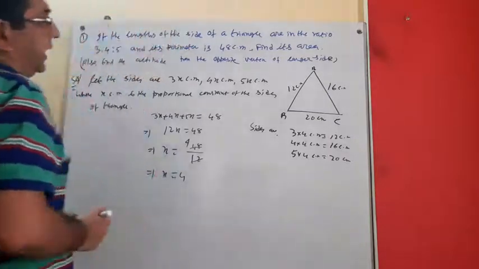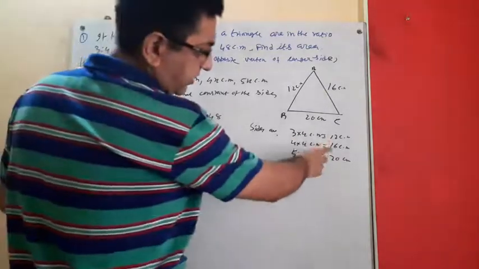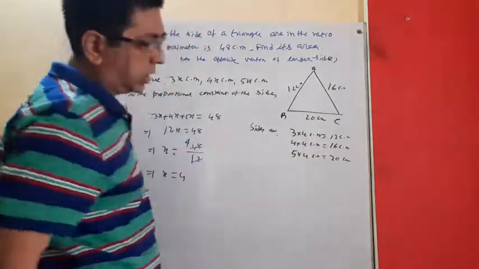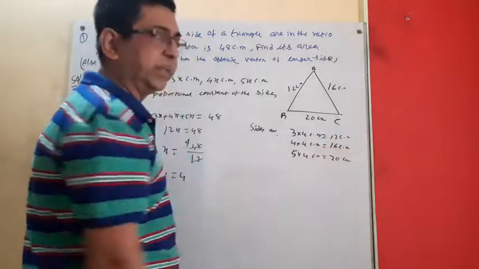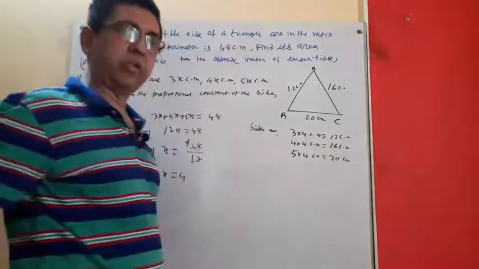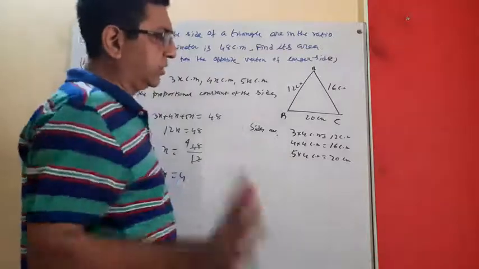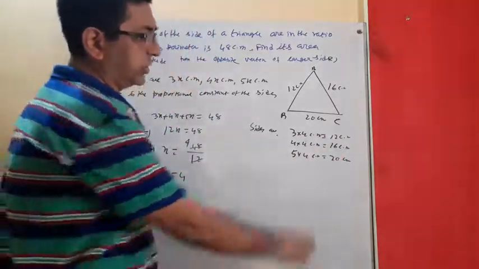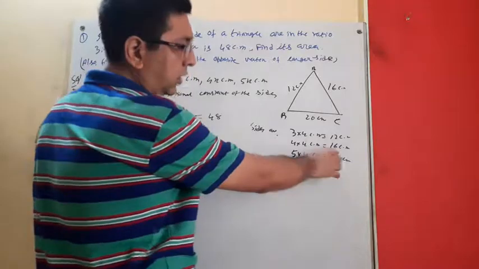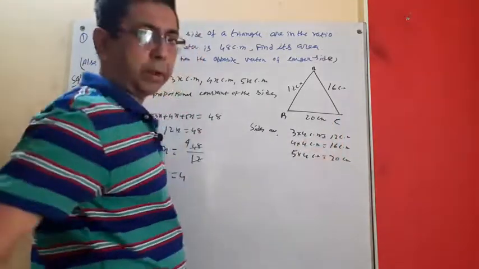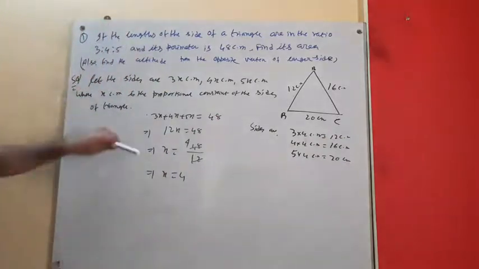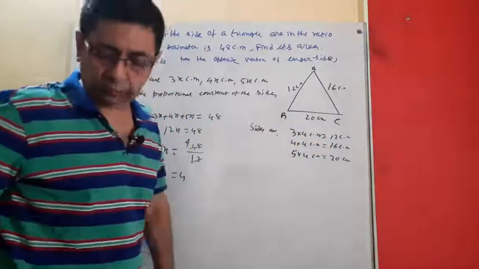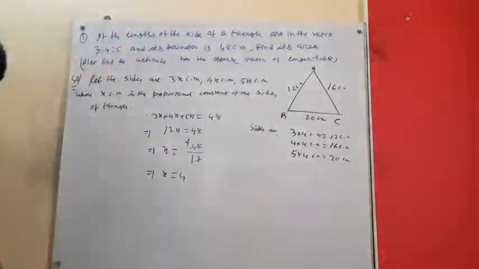Look, from these sides we can say that 12 square plus 16 square equals 20 square, isn't it? That means it is a right angle triangle, we can understand. Half into base into height, half into 16 into 12, we get the formula, because the largest side will be the hypotenuse. But we will not do that one. We will do it in another method, because all the time the sides will not come in this form. So we will go for this one.